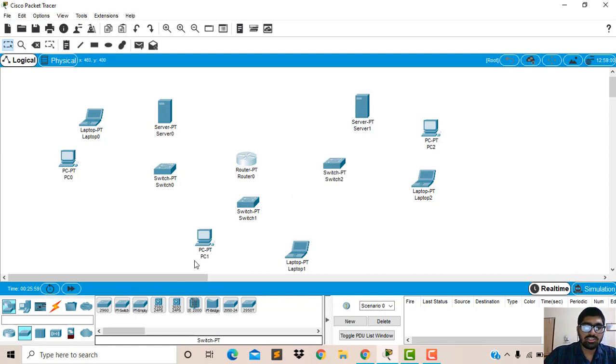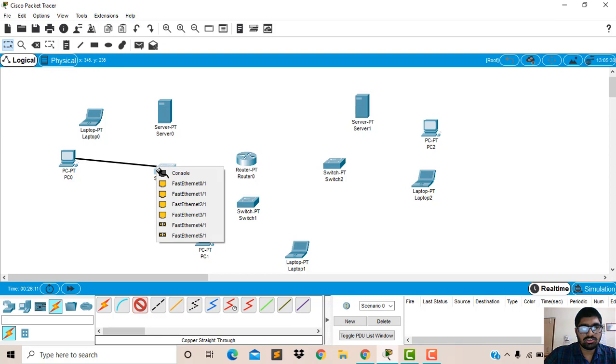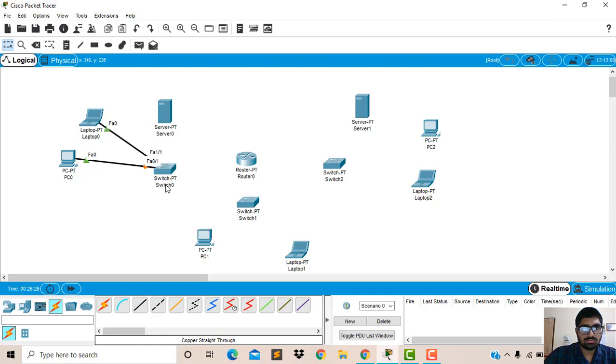Now to connect all these devices, we are using copper straight-through cable. We are using Fast Ethernet to connect the laptop to the switch, and also from the server to the switch, using the copper straight-through cable with Fast Ethernet.